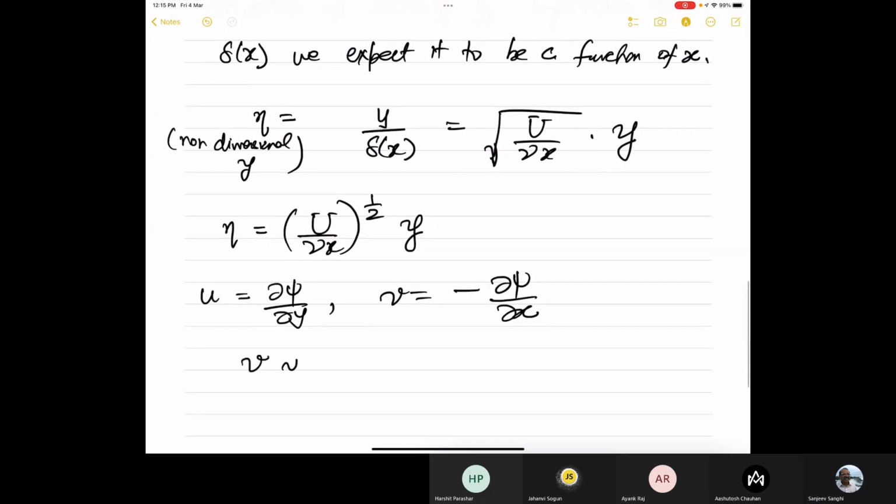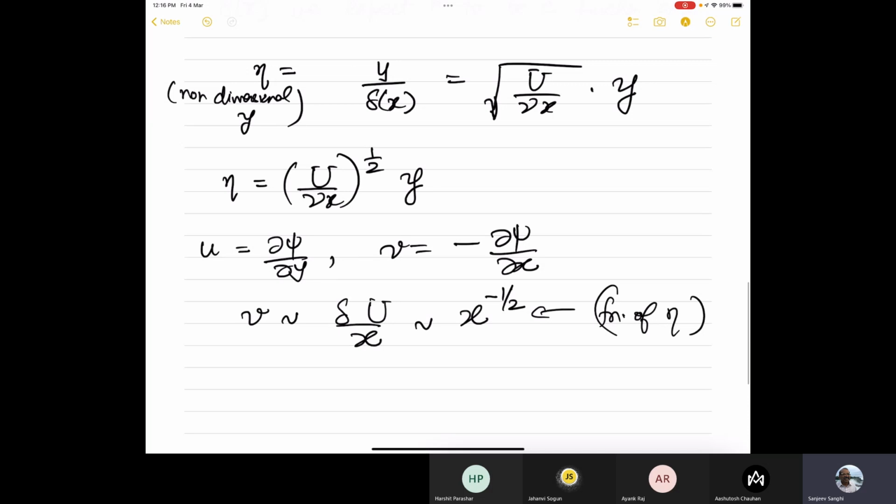v, which we have seen its order of magnitude is equal to delta times u upon x. du by dx is equal to dv by dy. And so this will go like x to the power of minus half. Delta goes like x to the power of half, and there is an x there at the denominator. So this will go like x to the power of minus half. And this is what we have as also times function of eta. Now, the stream function psi, if I try to look at the scaling from this equation,